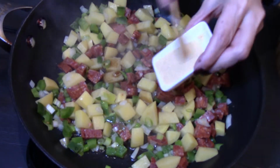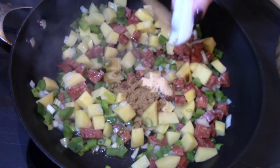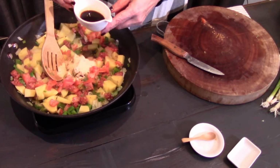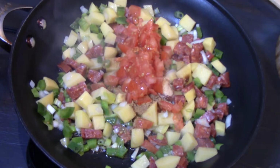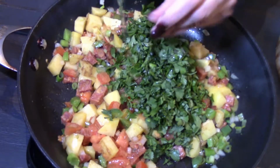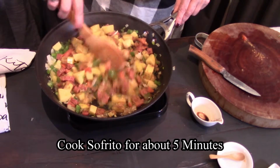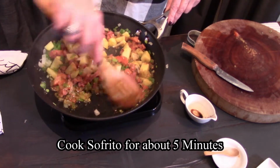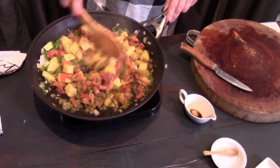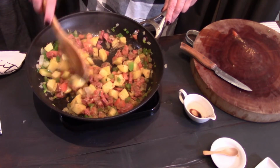We're gonna have garlic powder. I'm going to get the cumin, and then Worcestershire sauce. I'm gonna be doing the tomatoes. I'm gonna have a bunch of cilantro. So now that all these vegetables are tender and the onions have become crystalline, I'm gonna turn this off